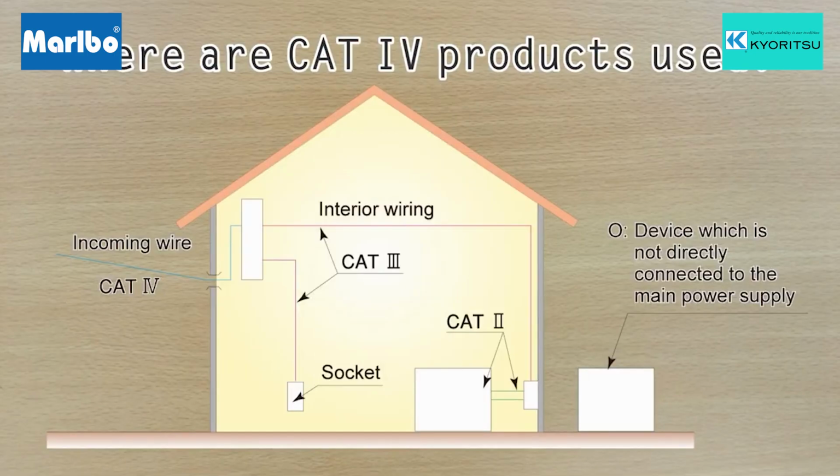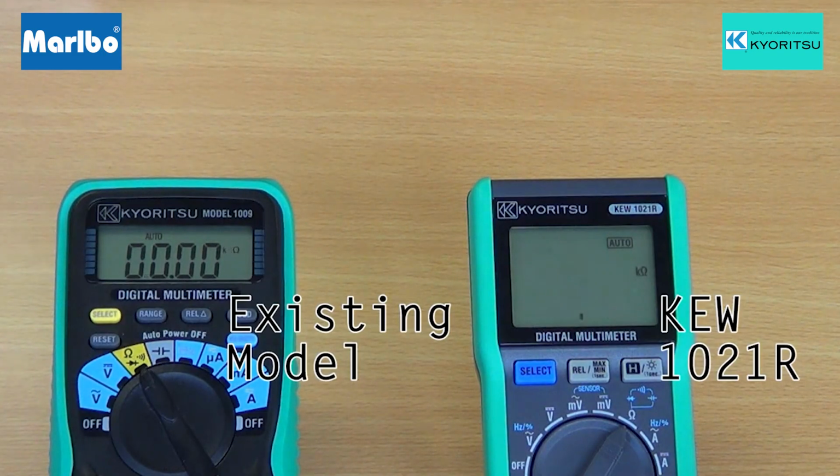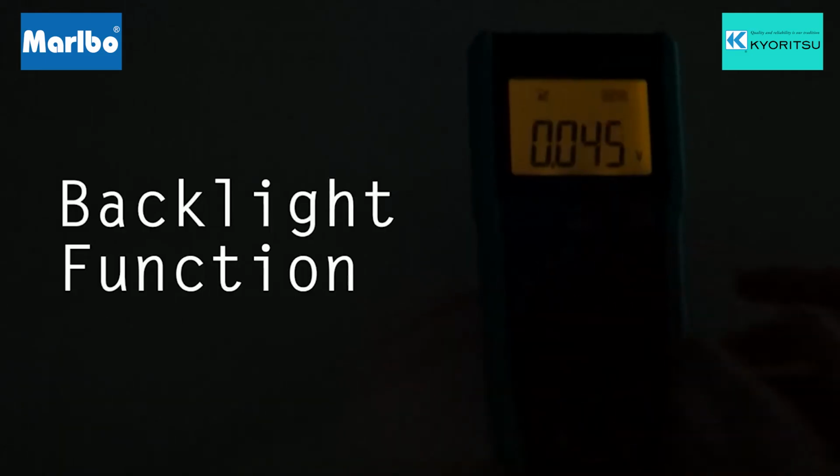First of all, safety. It is important to choose the correct meter for your particular working environment. Because the 1021R has a Category 4 rating, it can be used safely even at the point of origin for high energy power sources. Secondly, user-friendliness. Compared to most other multimeters, the 1021R has a much larger LCD display and features a